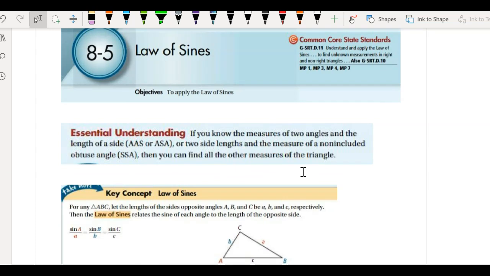So if you know the measures of two angles and the length of a side, angle, angle, side, or angle, side, angle, or the two side lengths and the measure of a non-included obtuse angle, side, side, angle, then you can find all of the other measures in that triangle. So what did all of that just mean? So it means if you have a triangle